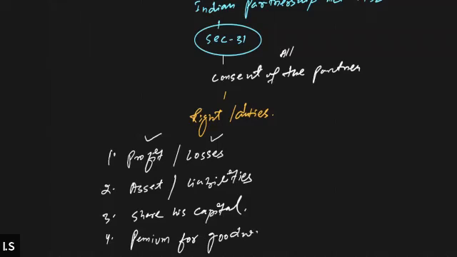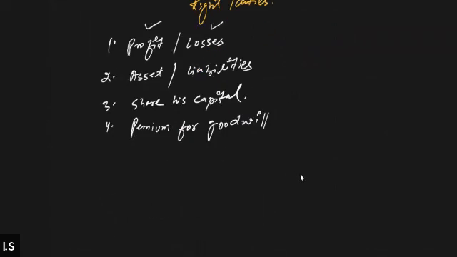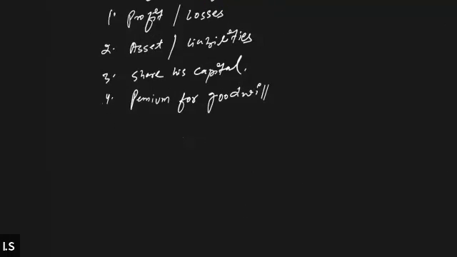So these are a few rights and duties that get attracted. There are numerous rights and duties of the new partner; we are just covering those which are essential from the accounting point of view. Profit and losses need to be shared. He will be entitled to claim the profit and will have to bear the losses. He will have complete access over the assets and liabilities. He will have to contribute his share of capital, and also bring some premium for goodwill. I hope these points are clear to both of you.